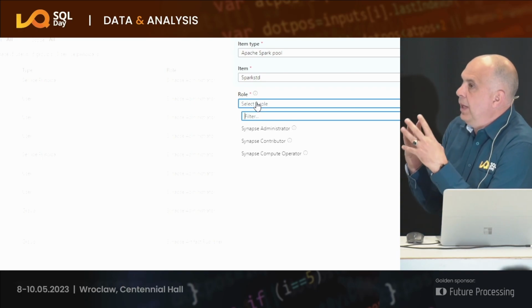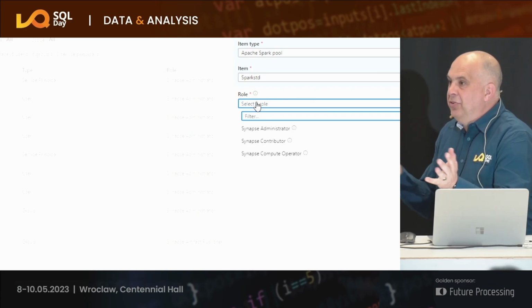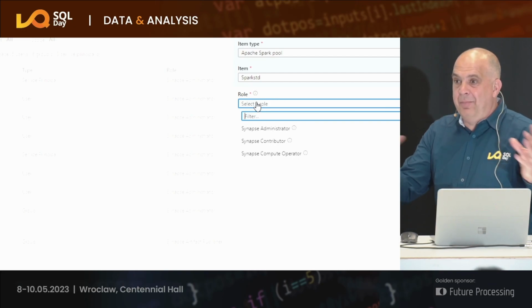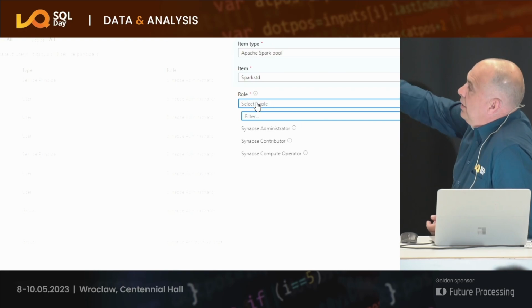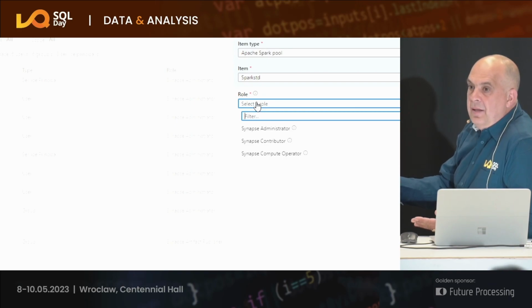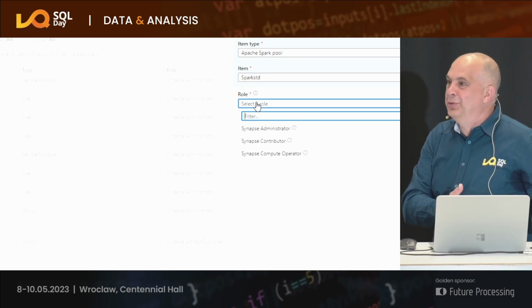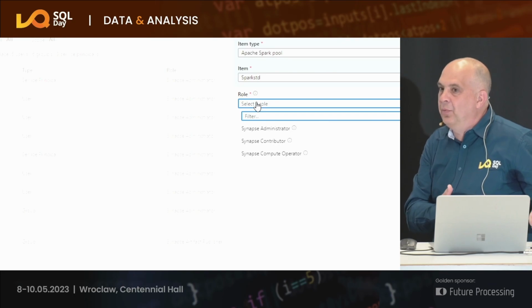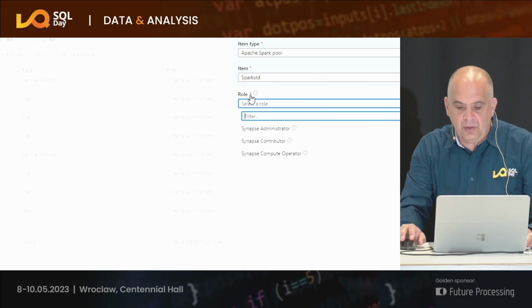So sometimes in development, you want to give the data scientist, because I always learned the data scientist, you have to give them the things they need and a little bit more, because then they are happy. So I always give them, on a specified cluster, the Synapse administrator or Synapse contributor role, because then they can do everything, they can scale up, and I still can see on that specified cluster what the costs were. So I can still come back, hey, I give you the access, but you spent €1,000 this month as well on that cluster, so be aware what you're doing. And otherwise, everything is on the big belt. So